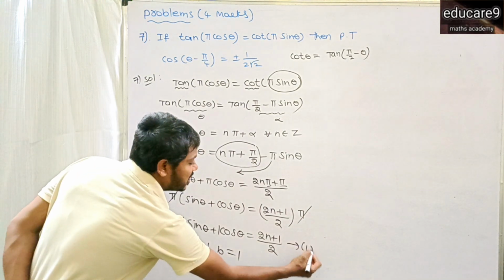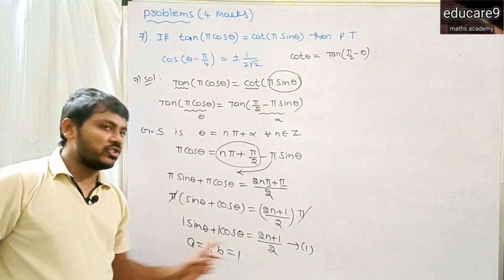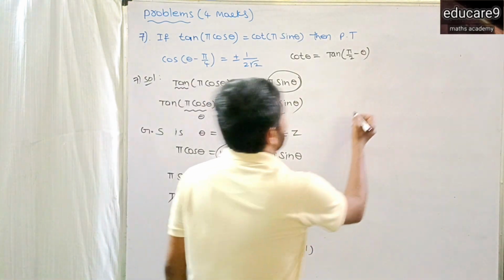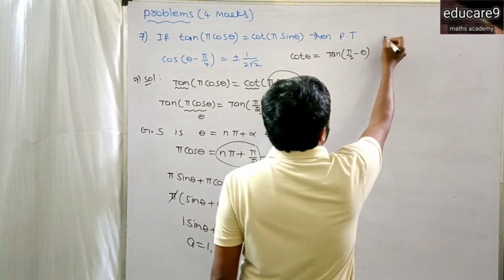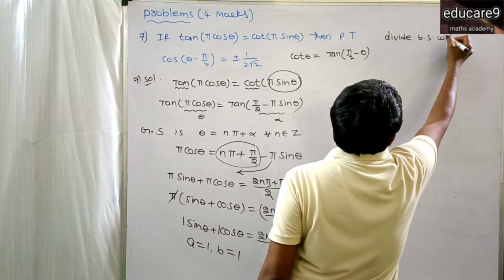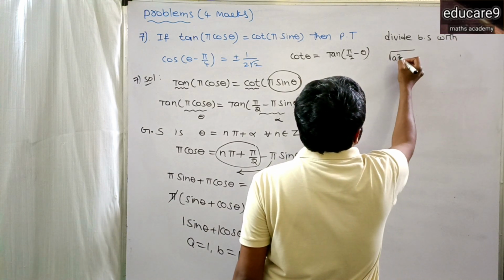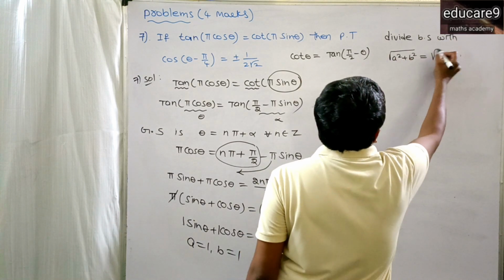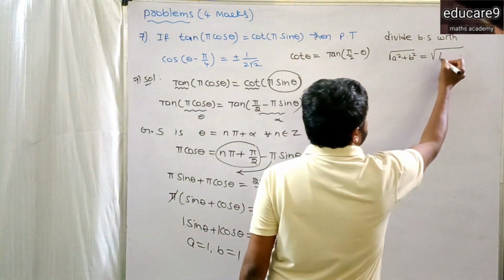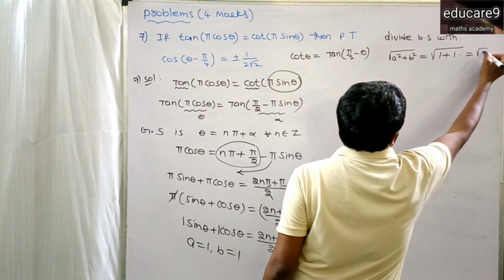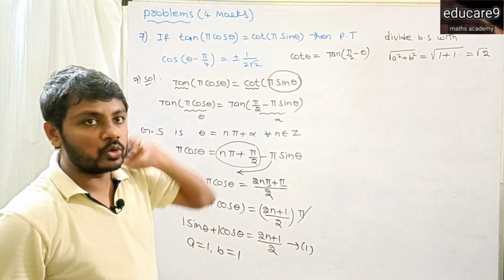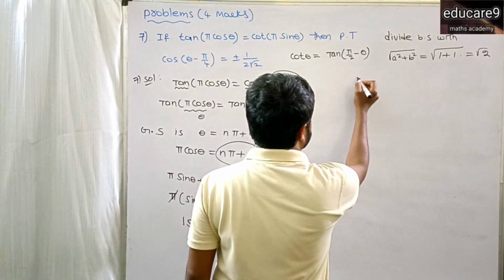So this is equation 1. For equation 1, you should divide both sides by what? Root a square plus b square. Now see here, divide both sides by under root a square plus b square. Clearly, what is the value of a? 1, and b also 1. Means 1 square plus 1 square, which becomes root 2. Now clearly for equation 1, you should divide by what? Root 2. So the equation 1 becomes